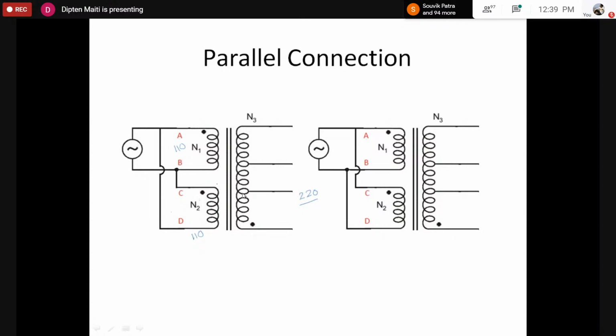So that means they would produce different voltages. So you cannot connect in parallel two different voltage sources. So we can connect only capital AB and capital CD in parallel. To connect them in parallel, what difference does that make? The difference is that if the current rating of capital AB is, let's say, 1 ampere and the current rating of capital CD is 1 ampere, once we connect them in parallel,